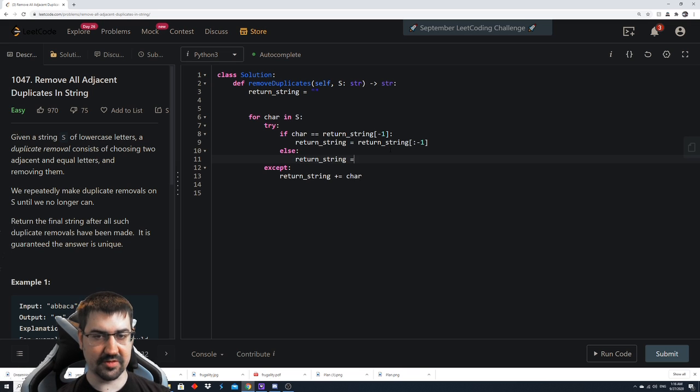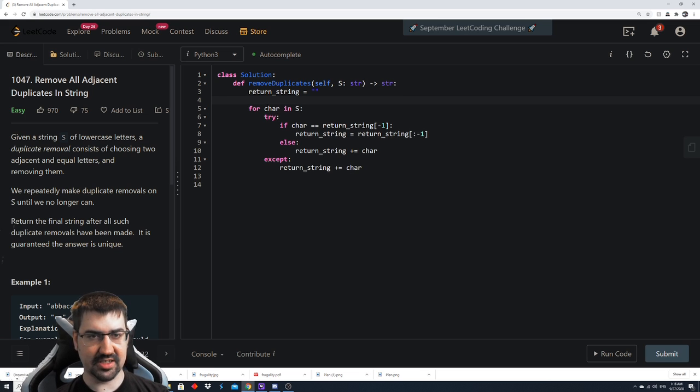I'm almost wondering if we could just do plus equals whatever and accept and pass. But I don't think that is any shorter lines. Maybe it is. Maybe it's like one shorter. That's not a big deal. Let's go ahead and run this code and see if I'm forgetting anything silly, but I think this is actually